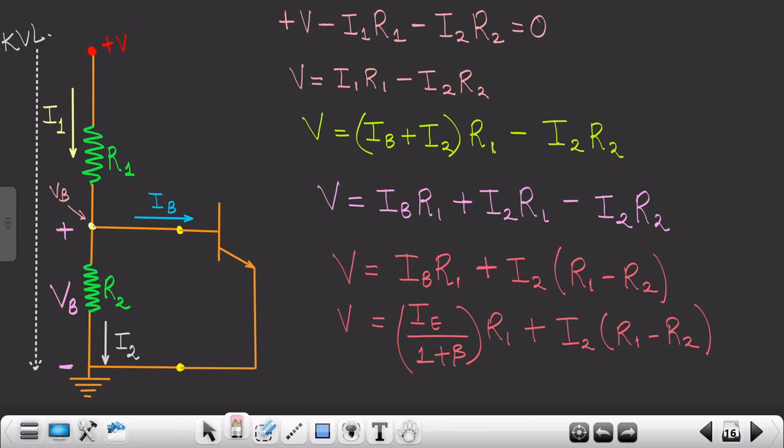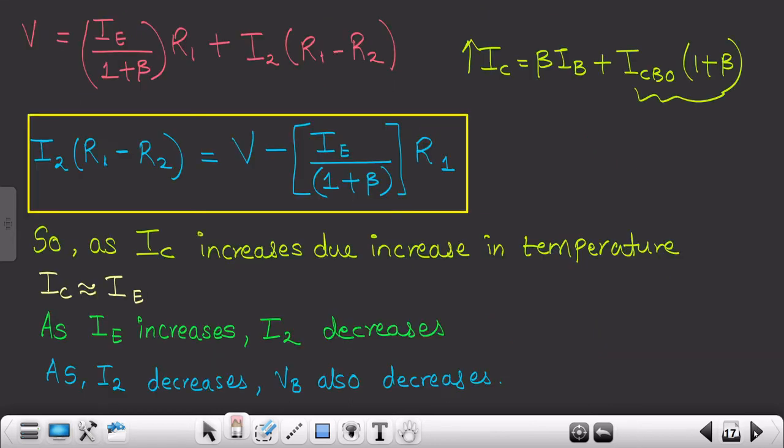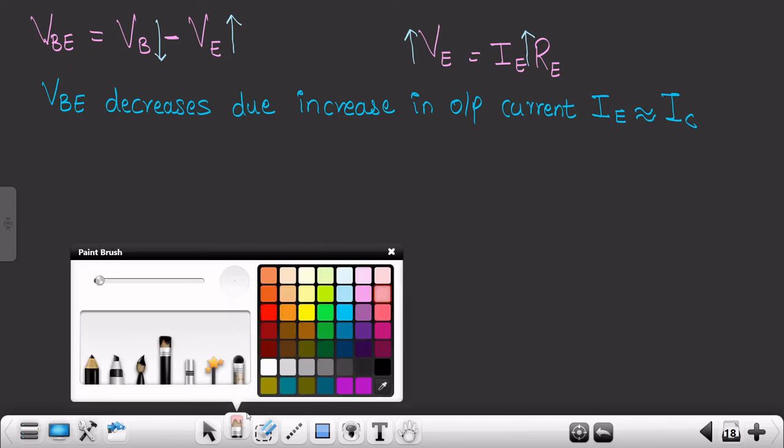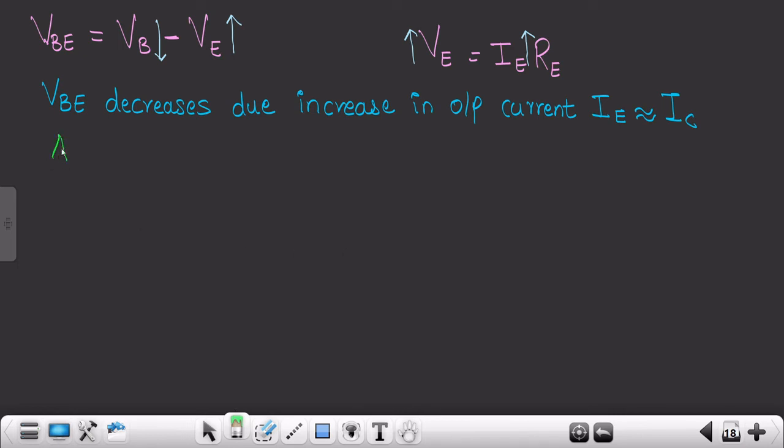It also gets decreased. Now we all know that VBE can be written as VB minus VE, and we know that VE is equivalent to IE times RE. If IE is increasing, VE is also increasing. Thus, it is decreasing the base voltage VB, and thus the base-emitter voltage would be decreasing. So VB decreases due to an increase in output current IE, and this is the most important conclusion, that as VBE decreases,